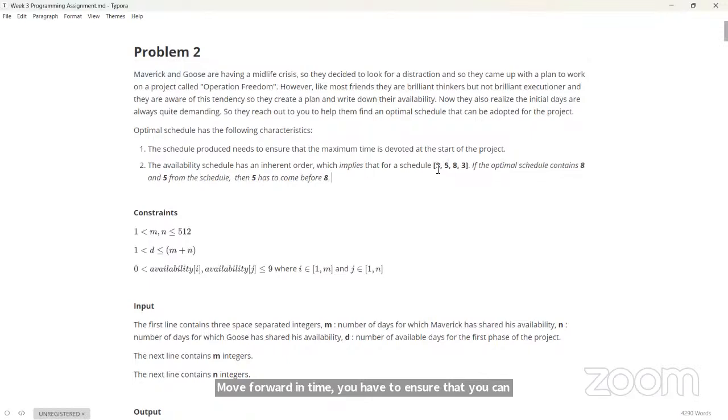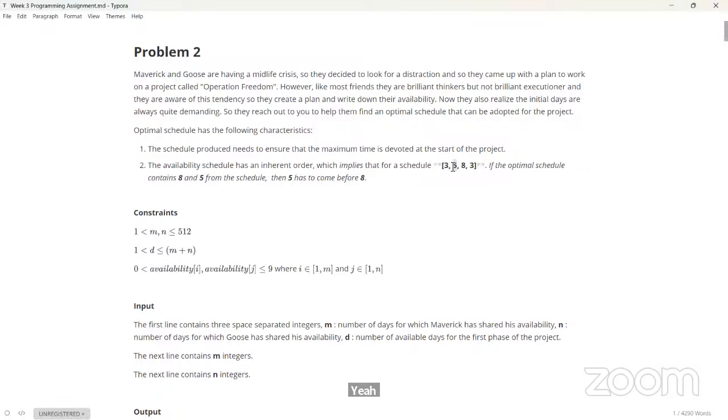So if 3583 is a schedule, and we are trying to formulate the optimal schedule for both friends, then 5 and 8 mean 5 hours within a day and 8 hours within a day that Maverick is able to produce,